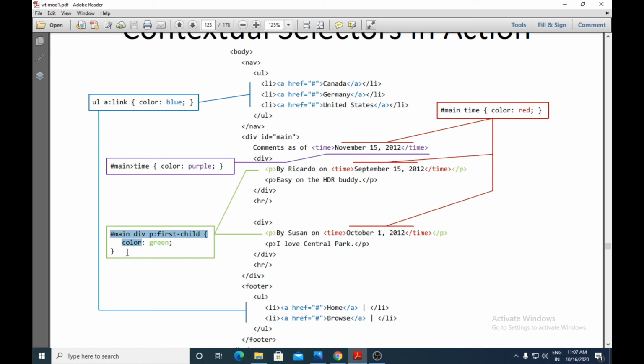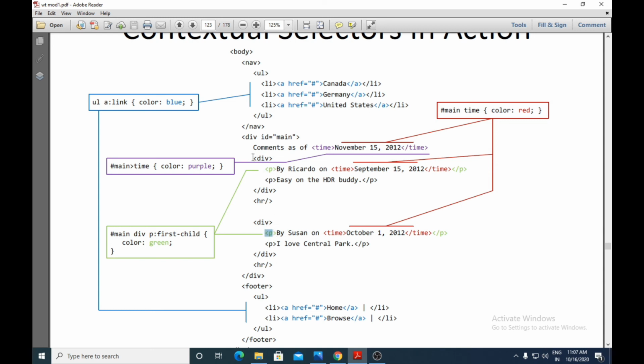Here you can have the p element, that is the p element's first child only, and that also should be within which element? Div element, and the color will be green. Div element is there, and who is the descendant of the div element here? P element. So we have too many p elements here. One p element is here, another p element also is here.